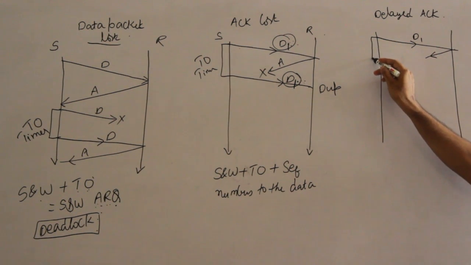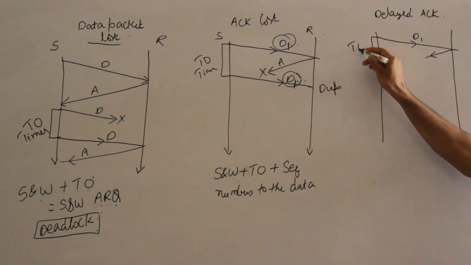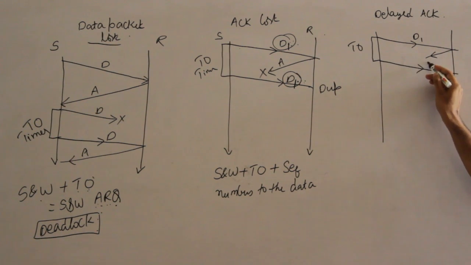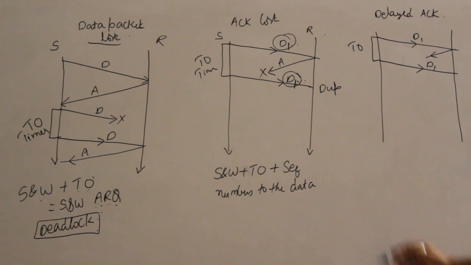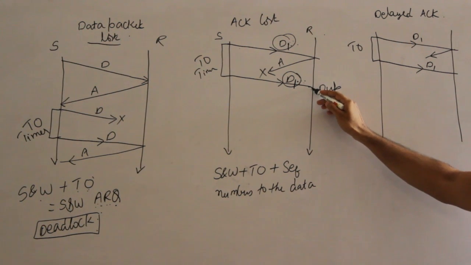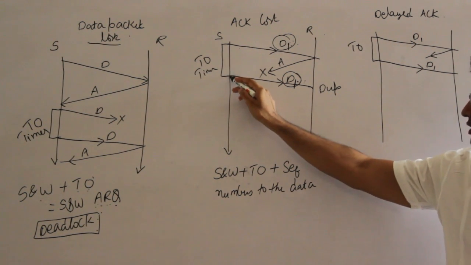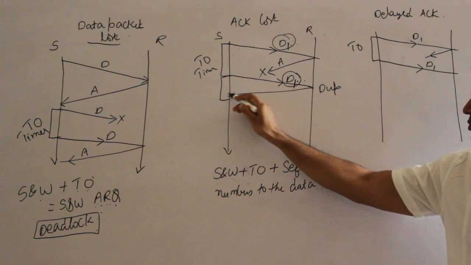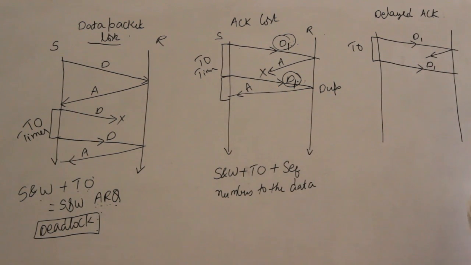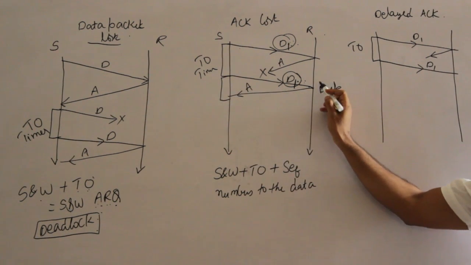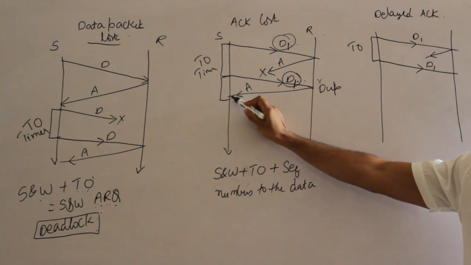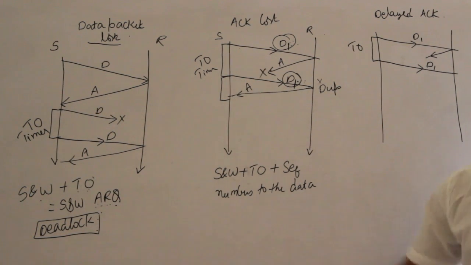Then there will be a timeout on the sender side, and on this timeout he is again going to retransmit the same packet D1. See, in the previous case also, whenever you get the duplicate packet, the other side will still be waiting for the acknowledgement for this. So even if you get the duplicate packet, you are still supposed to send the acknowledgement, otherwise there will be a deadlock. You can discard this packet saying that it is a duplicate packet, fine, but you are still supposed to send the acknowledgement so that the other side will not wait for the acknowledgement forever.